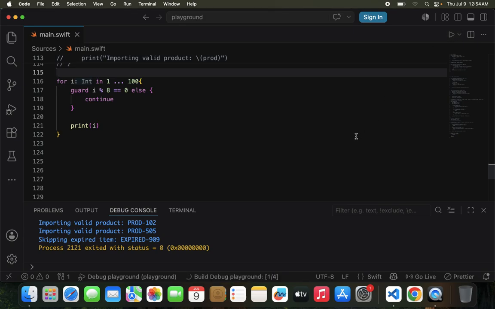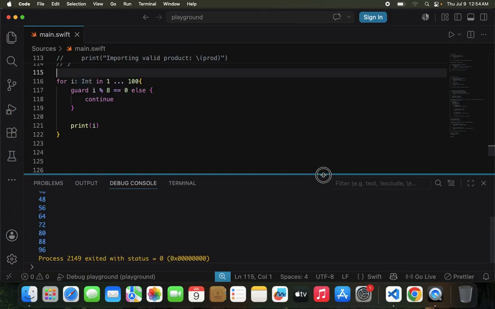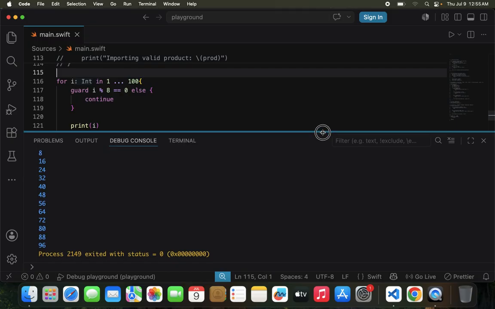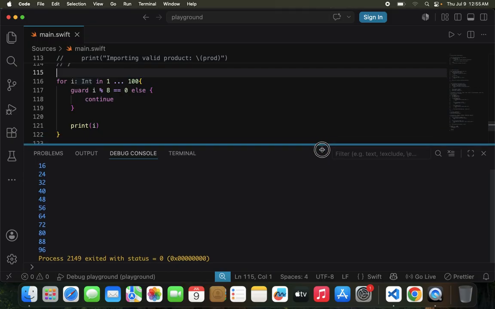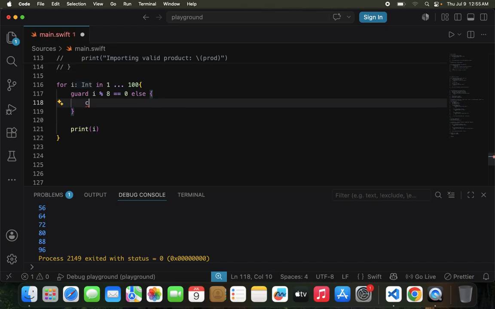So it's running. What do we get? Okay, so now we get all these values, 8, 16, on and on like that. So when that condition is met, it goes on to the next iteration and the next one because of this continue statement. If I were to put break here,